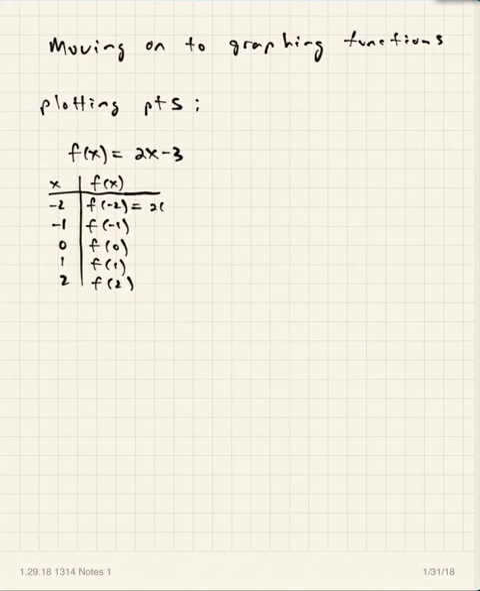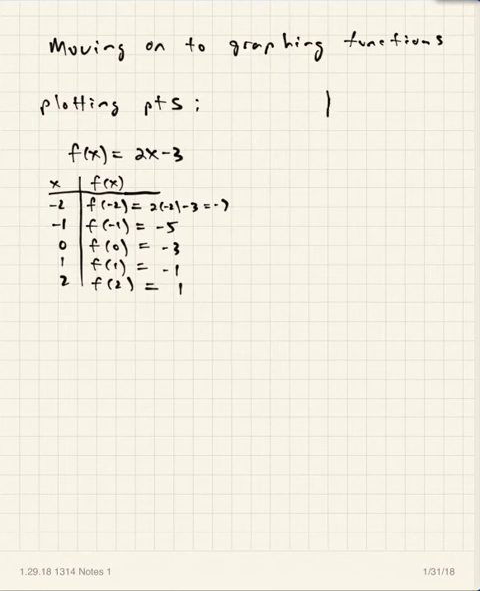Right, so f of -2 is 2 times -2 minus 3, or -7. Now I'm not going to go through all the arithmetic there because this is easy arithmetic. F of -1 would be -5. F of 0 would be -3. F of 1 would be -1, and f of 2 would be 1. You know, and you've got enough